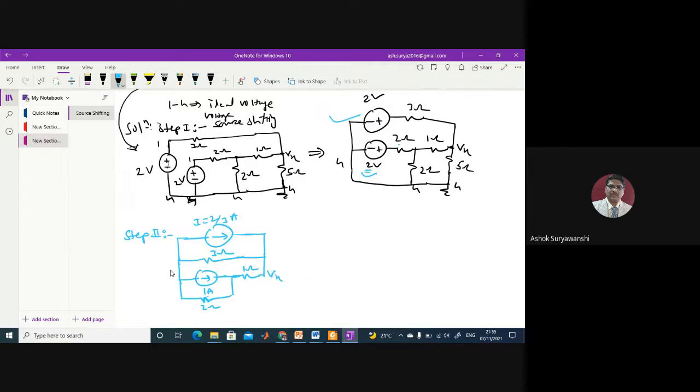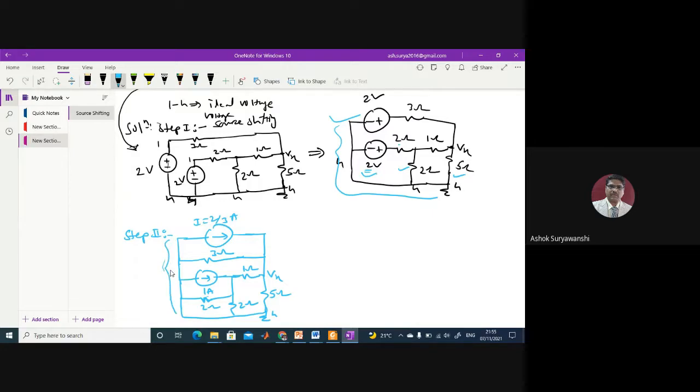And then what about the 2 ohm? This 2 ohm is left here, 2 ohm and 5 ohm. So the 2 ohm will be here, and the 5 ohm will be as it is. Then this side of the circuit will be completed like this, and this is again your ground. So you can see this whole side is grounded.